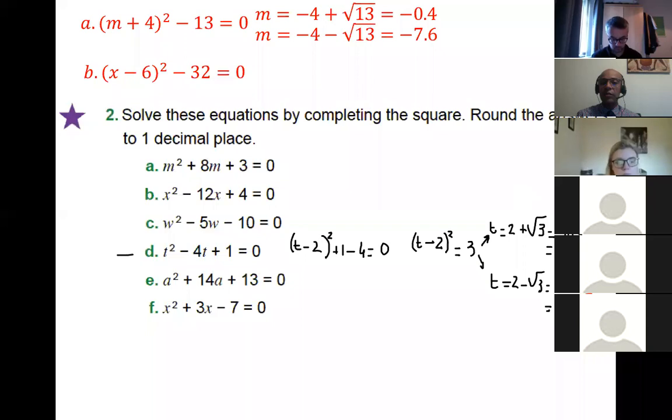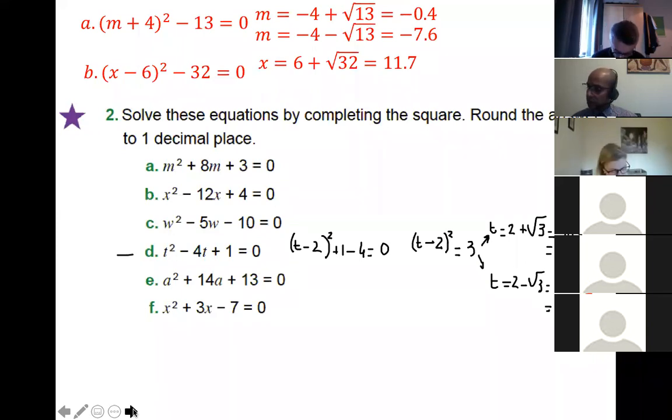And once we've got these, we get x equals 6 plus root 32, which is 11.656 or 11.7, and 6 minus root 32 is 0.34, which is just 0.3 to 1 decimal place. So that was B. For C, this time,